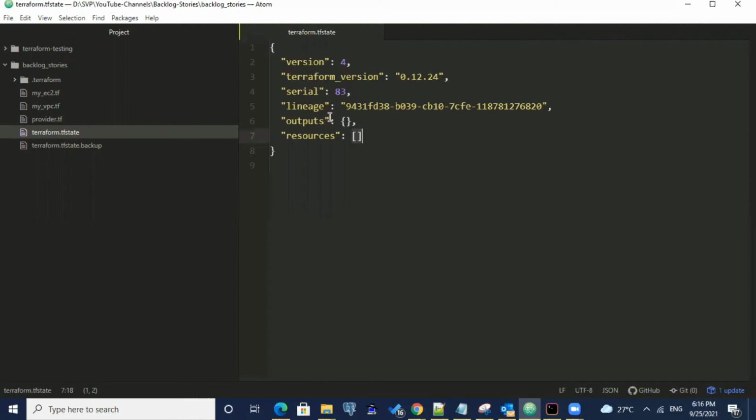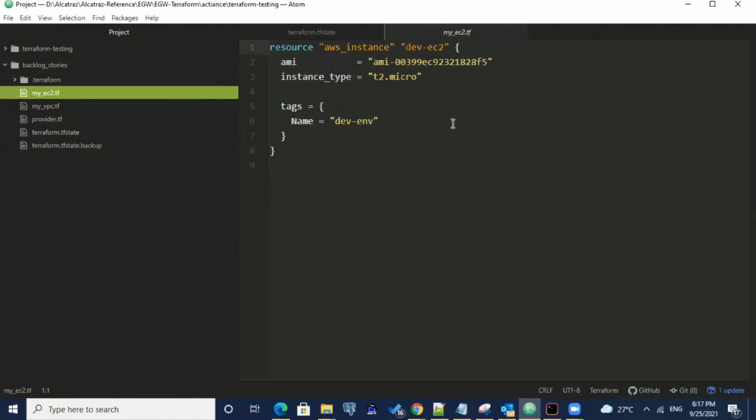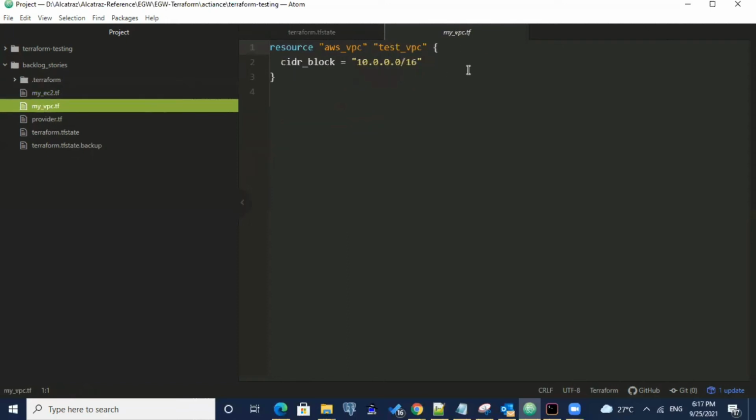That's why it's showing empty. I'll show you how to create resources and how it keeps track of each and every resource we created. In our example, AWS is our infrastructure and EC2 is a resource. In the previous session, I created two resources and destroyed two also.